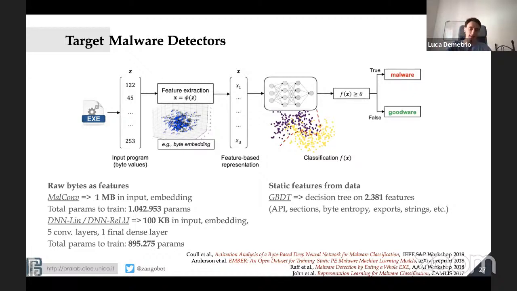And again, they embed bytes for the same reason I told you. It's just a smaller network, but it has many more convolutions than MalConv. So basically, in some research paper, they show that this network learned the position of relevant things inside the header, like, oh, this is the PE header, this is the offset, and yada yada.